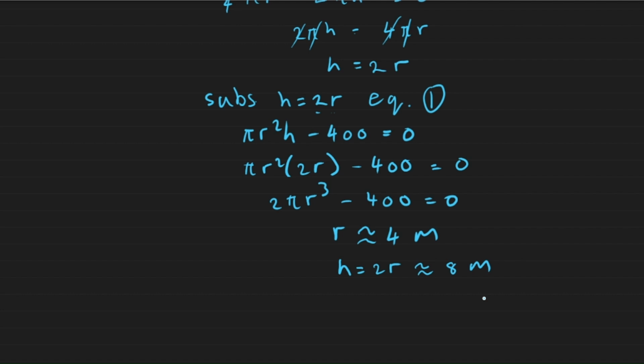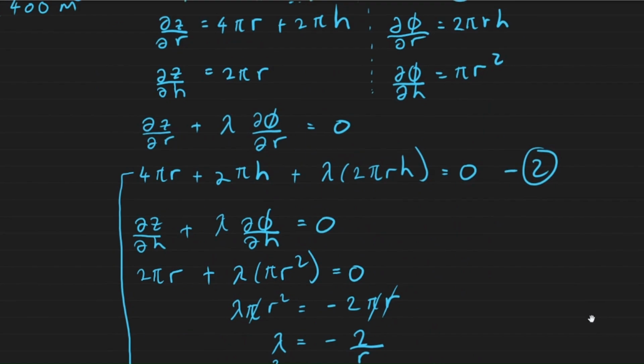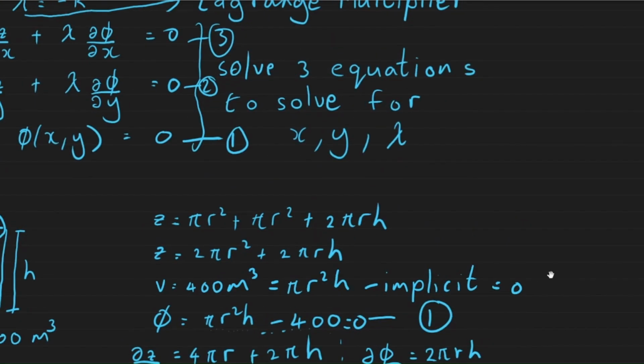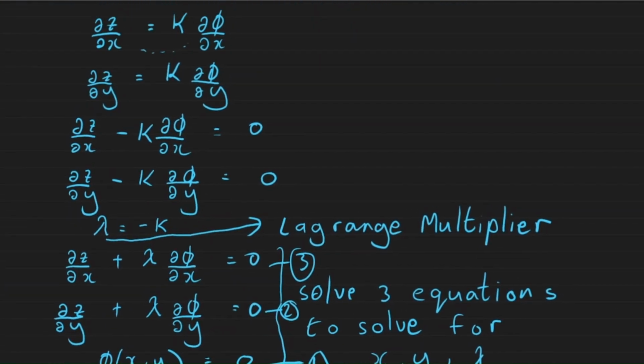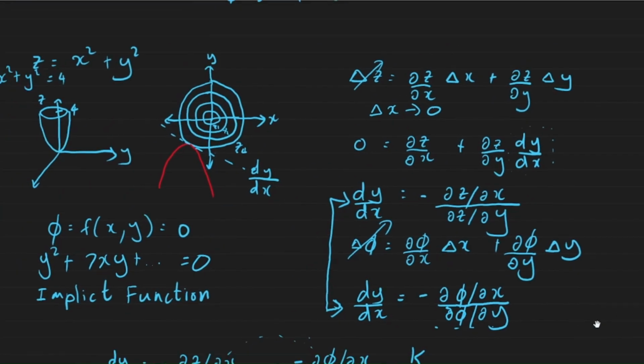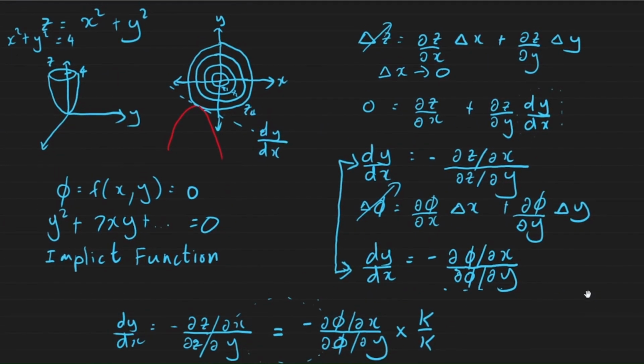So this is an illustration of how we can find the dimensions of the tank that will give us the lowest cost, that is the lowest surface area to hold a certain amount of water, that's 400 cubic meters of water. So this is the method of Lagrange multipliers. To put it in a nutshell once again, the derivation of the method uses our function differentials, which we have covered in earlier videos. The principle just requires us to recognize that the function that we're minimizing has different level curves,